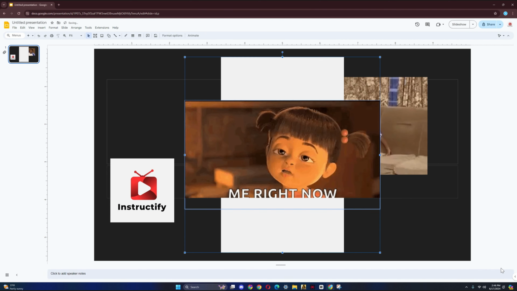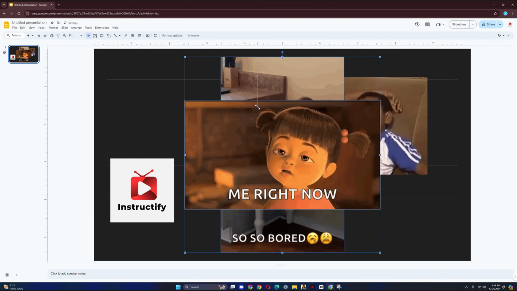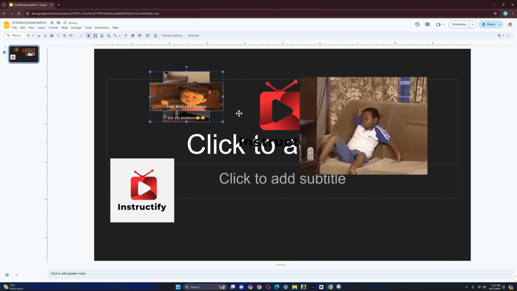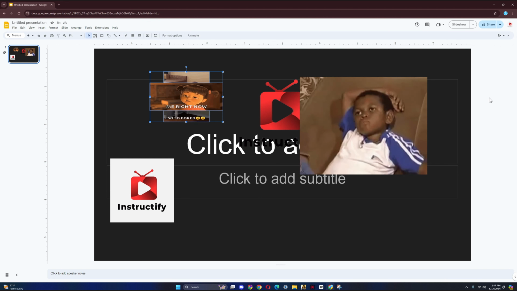Insert again. You could put whatever you want. You could add two at the same time too. That's what you like. And that's how you add stickers and GIFs on Google